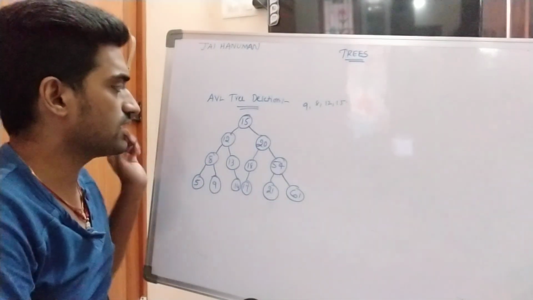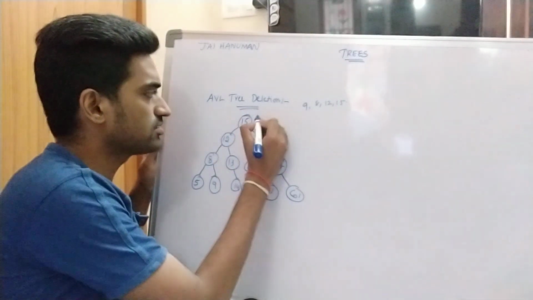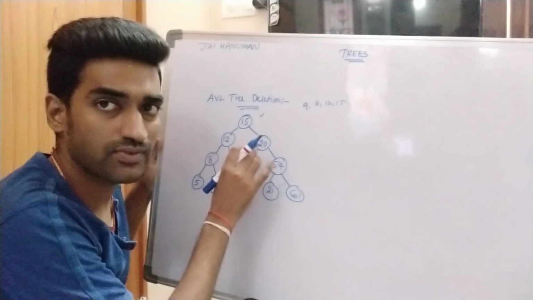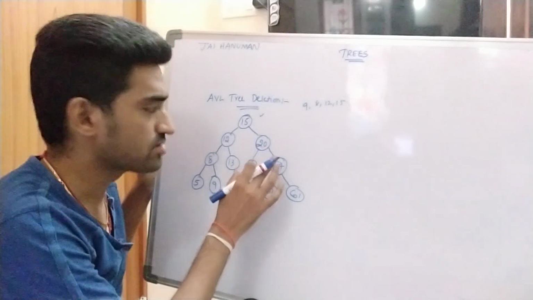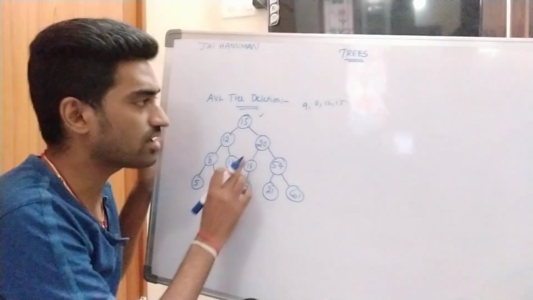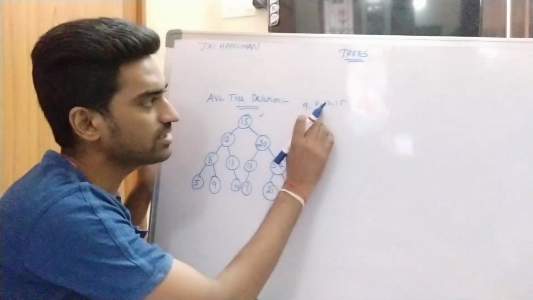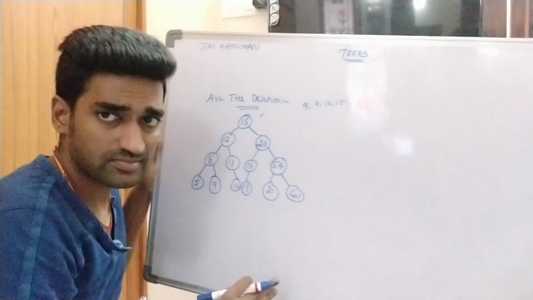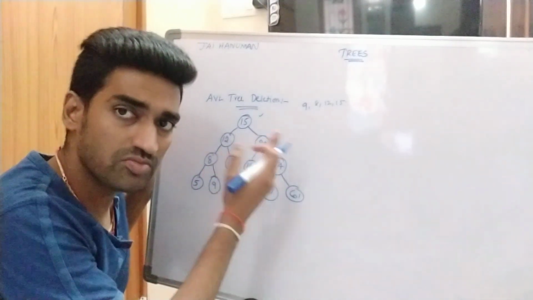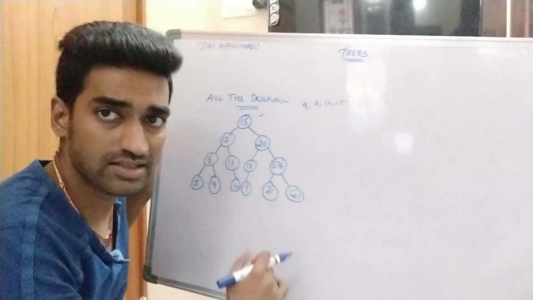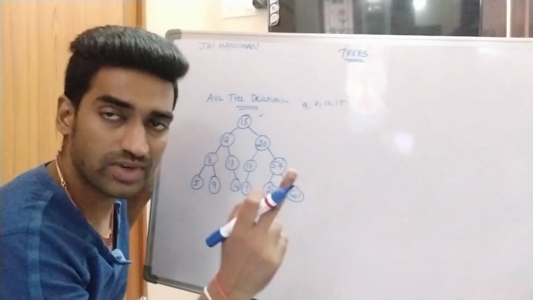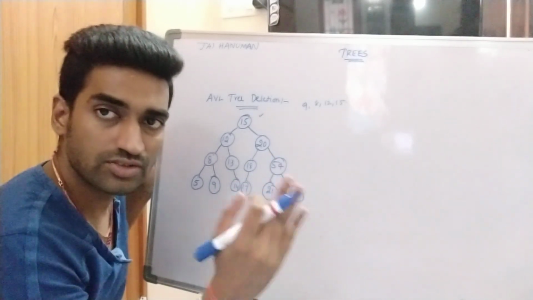So here I am taking this example. This tree was already generated in the previous session, the construction of the AVL tree, right? In that session I generated this AVL tree. So in this AVL tree I want to delete nodes 8, 9, 12, 15, right? This deletion operation is also similar to the binary search tree deletion operation. So what are the possible cases? A node which contains 0 children, a node which contains 1 child, a node which contains 2 children.